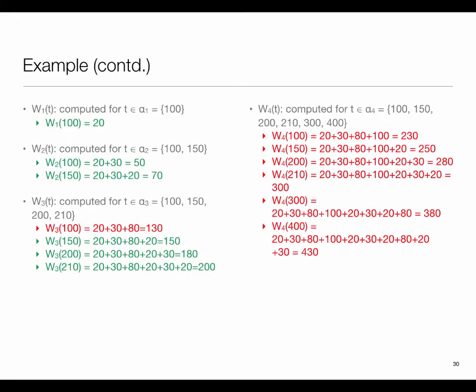I'm not going to walk through this thing, but on the next slide, I kind of showed what happened. I think I might have messed things up, so you might want to work it out. But the idea is for task 1, I calculate W1 of 100, which is 20. So what this is saying is that work needed in time 100 is 20, and therefore I'm good to go. Task 2, I have 2 inequalities. I compute both of them. W2 of 100 is 50, so work needed is 50, time available is 100.